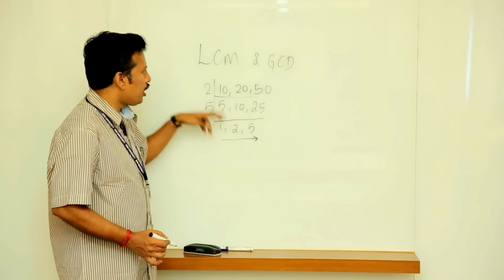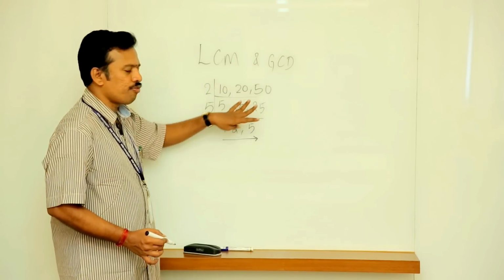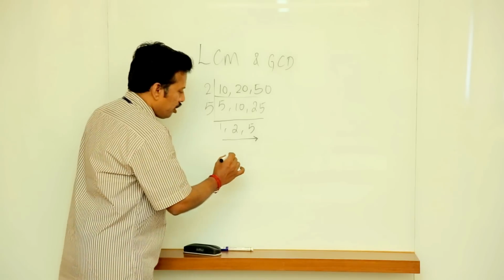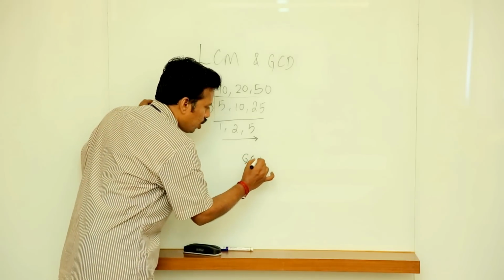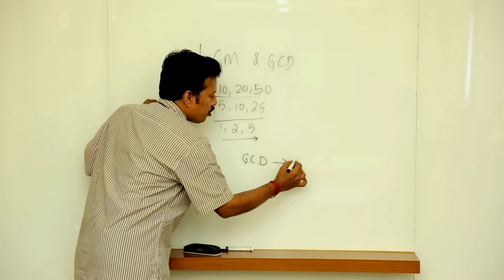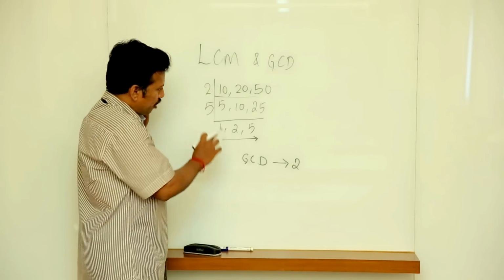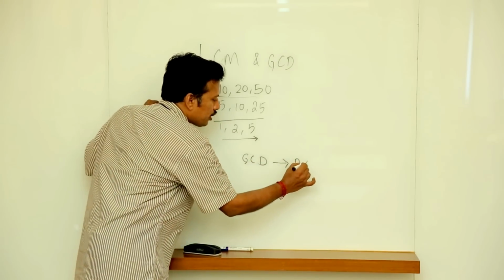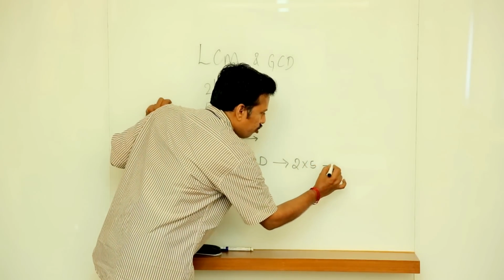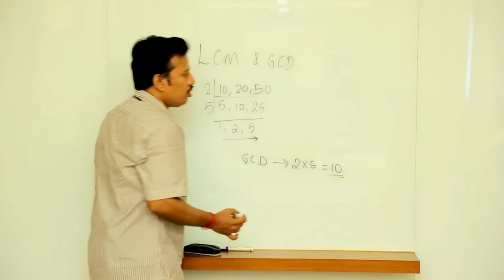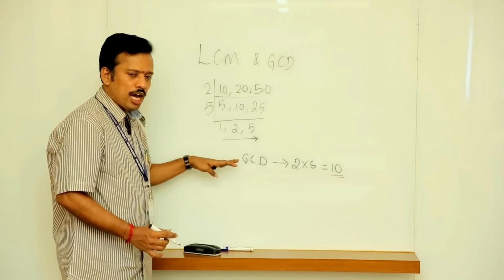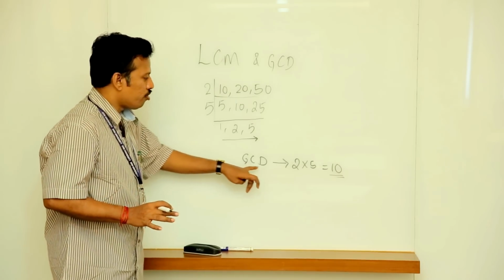Now when you analyze, let us go for LCM as well as GCD for the set of numbers in a different way. So 10, 20, 50, these are the numbers we have. As I said earlier, the divisor common to all, greatest in its value. So we have one common divisor between all the three, which is nothing but 2. And there is another divisor which is common to all, take that also. So 2 into 5, which is nothing but 10. So greatest common divisor is 10. This is one of the simplest methods whereby you can find GCD or LCM, whichever is asked, simultaneously. Okay, so GCD is this.